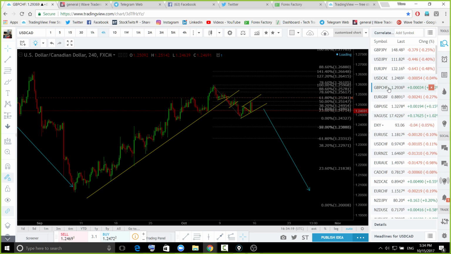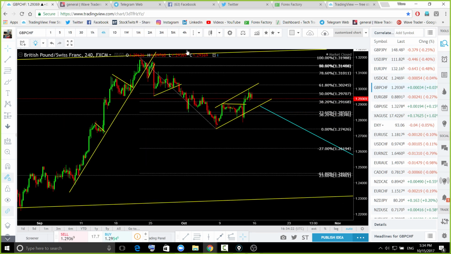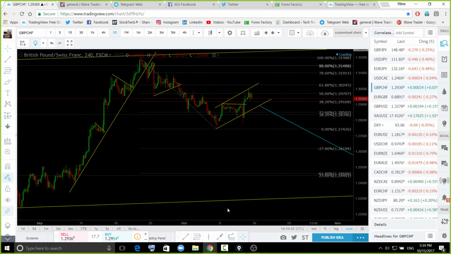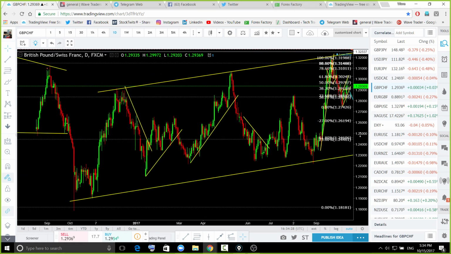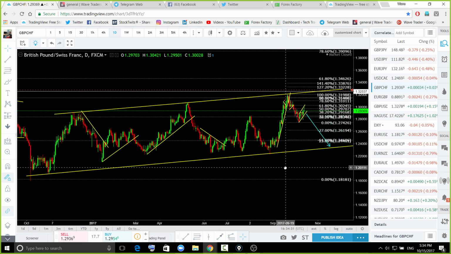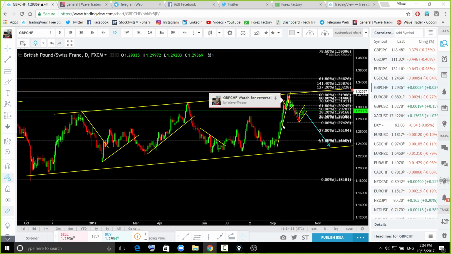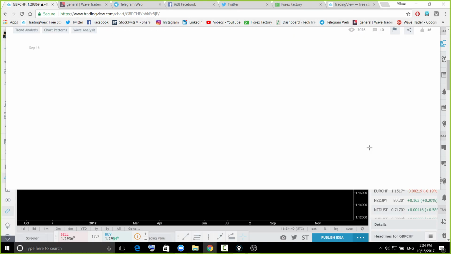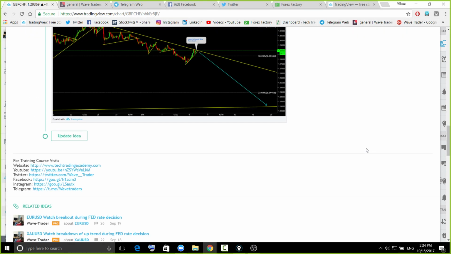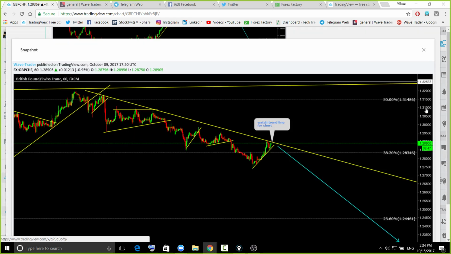Pound chief, we are looking for this daily continuation formation to break down. Yeah, so last week we were anticipating a correction and then a fall to the downside. I think I have updated that chart. Let me look at that if I have updated. Yeah, so I updated that chart. We were watching that trend line for short, but what has price done over there? Price went into a bigger correction.